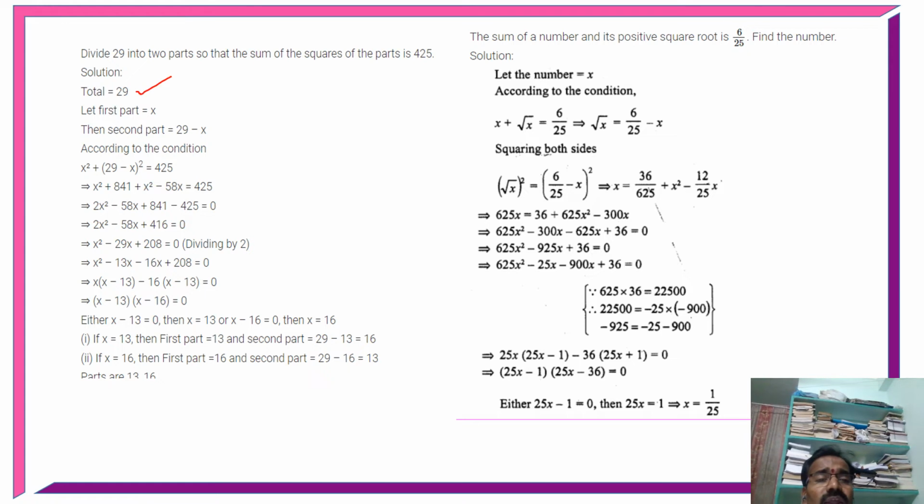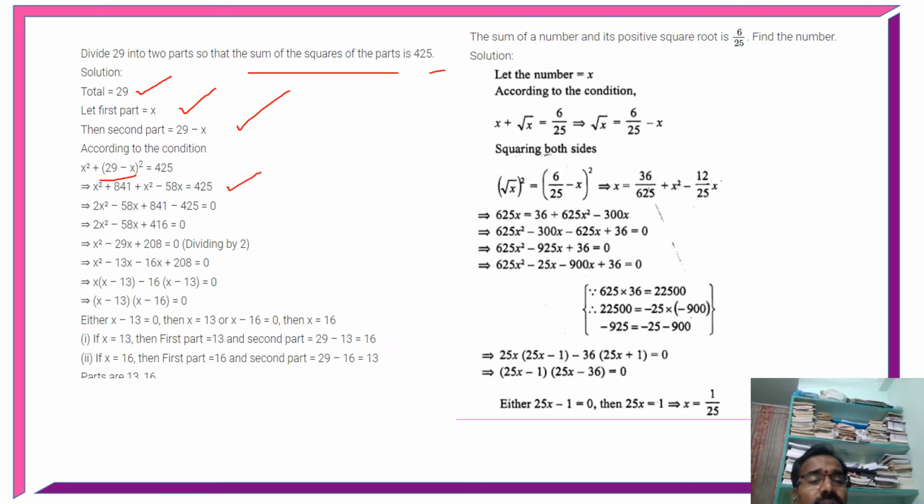Total is 29. Let us take the first part x. Another part is 29 minus x. Condition: the sum of squares is 425, which means x square plus (29 minus x) whole square equals 425. We can expand (29 minus x) whole square as a square plus b square minus 2ab. Then we have x square plus 29 square, 841, plus x square minus 58x equal